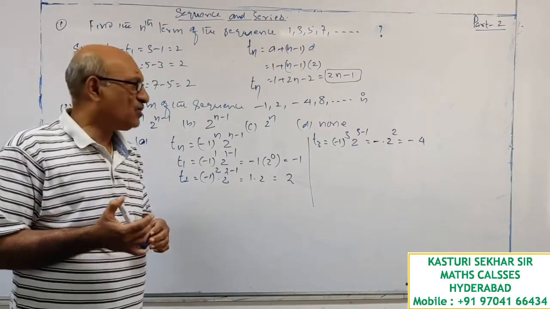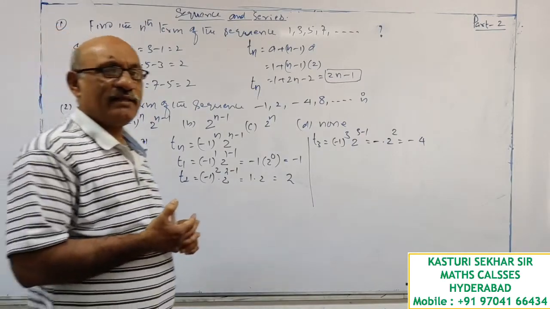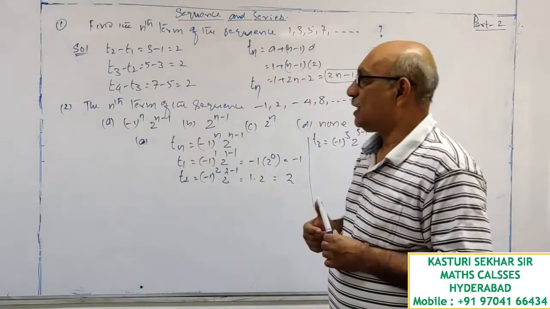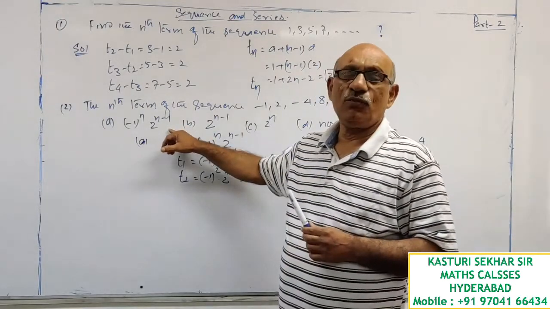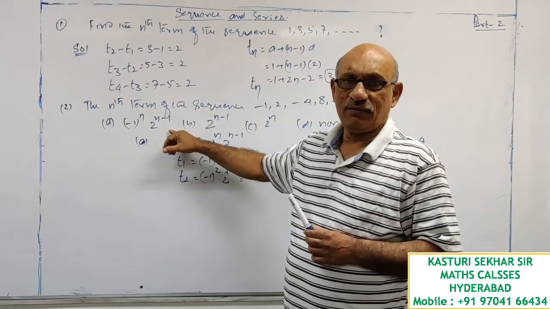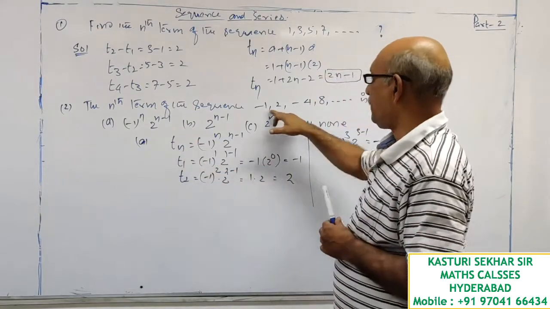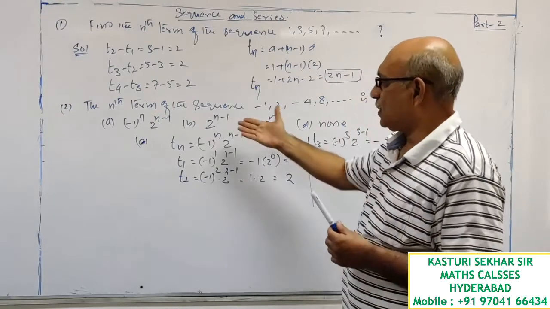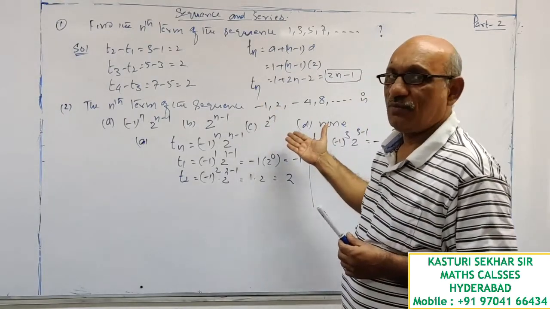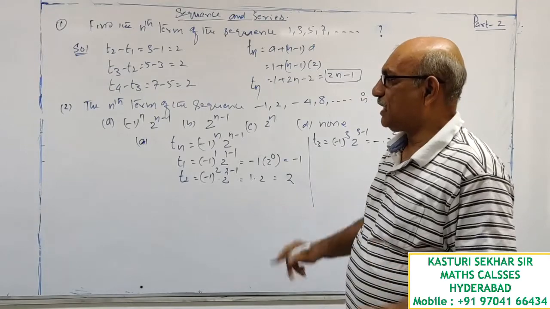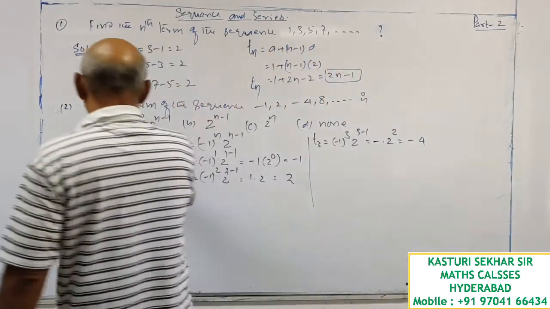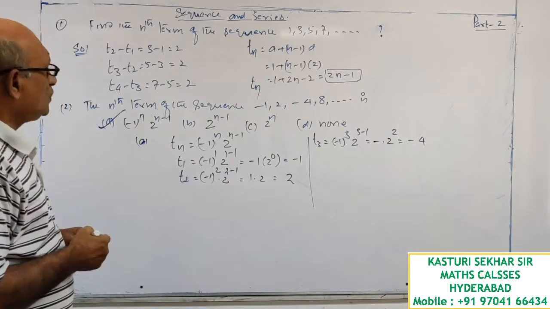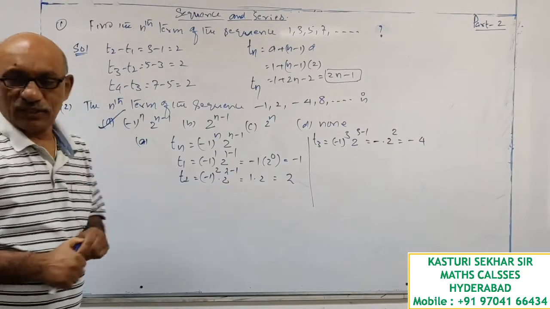To identify which is the correct answer, what will I do? I will take the help of options. First, let us take option A, and in this option you put n is equal to 1, 2, 3, 4, 5. For these substitutions, if I generate the given sequence, then option A is the answer. Otherwise, I will move to option B. Otherwise, I will move to option C. Here with option A only we got the solution. So option A is the answer to the given question.